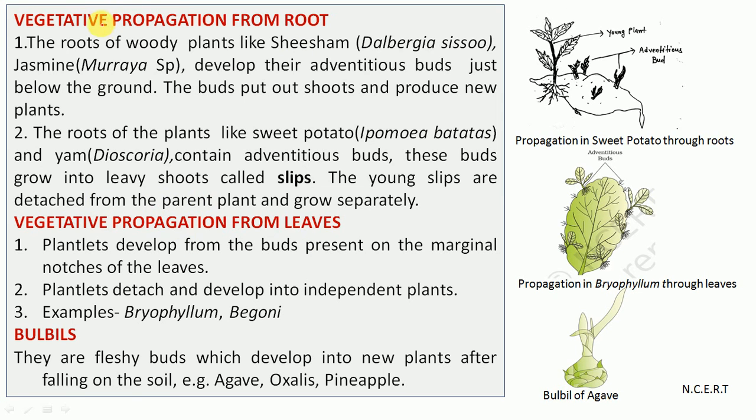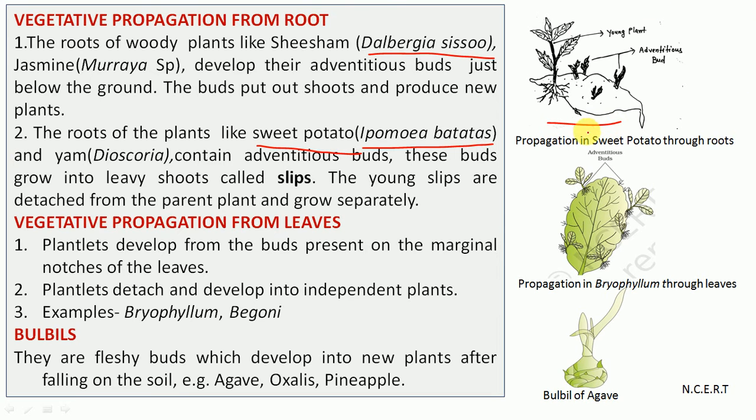Now when we are studying vegetative propagation from root, we will take two examples. The first one, Dalbergia sissoo, and another, Ipomoea batatas. Dalbergia sissoo, that is the sissoo tree. They develop adventitious buds just below the ground, and the bud puts out shoots and produces new plants. In the same way, when we talk about sweet potato, that is Ipomoea batatas, now this is the diagram